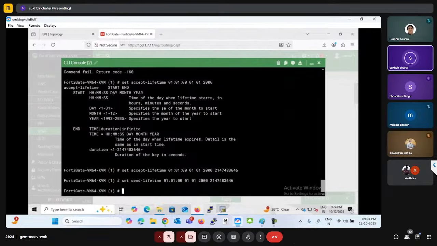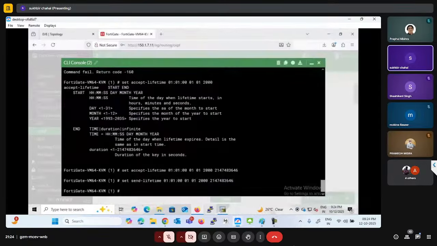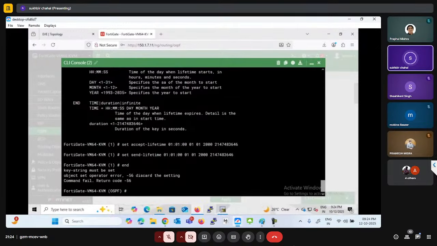Okay, so what is the time on your device? Accordingly you can configure these things. So we have now configured the key, and we configured the string and the lifetime. So we can end now. What string must be set? We have already set the string. Okay, maybe not because